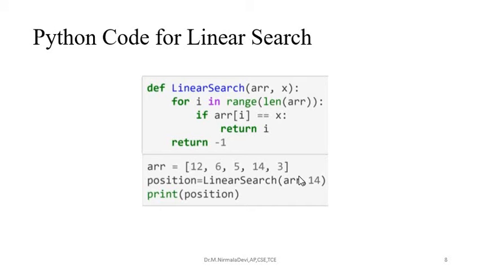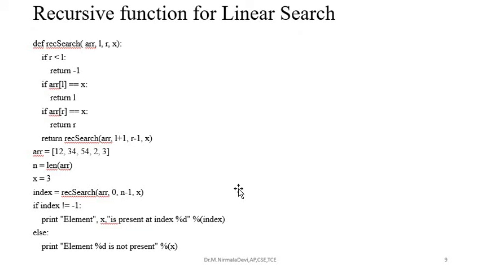If I give 15 here, it will return the value -1 because 15 is not found as an element of the given array. So this is the set of elements which we are passing in this method. If you give 15 here, it is not present, so it will automatically return -1, that is, an unsuccessful search. It can also use a recursive function for linear search.